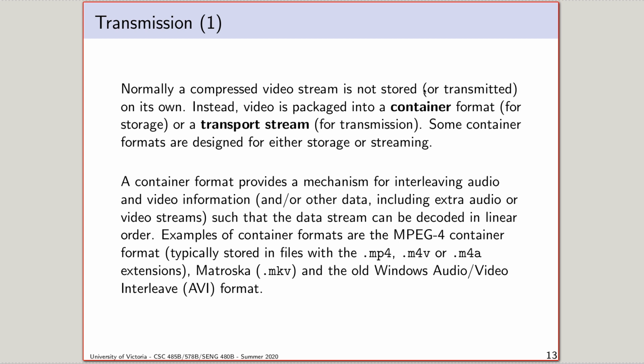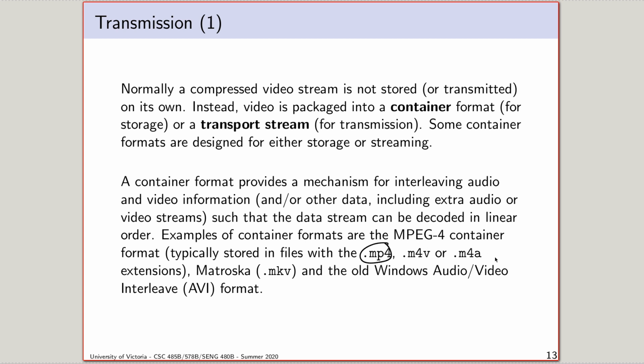Container formats typically provide you the ability to take a variety of different video streams, maybe more than one, and audio streams, maybe more than one, and other data like subtitles, and multiplex them together. And that's complicated, and it actually constrains the way that the video format works a bit, which I'll talk about in a minute. But anyway, the formats you might see in use, you probably have seen videos in these formats,